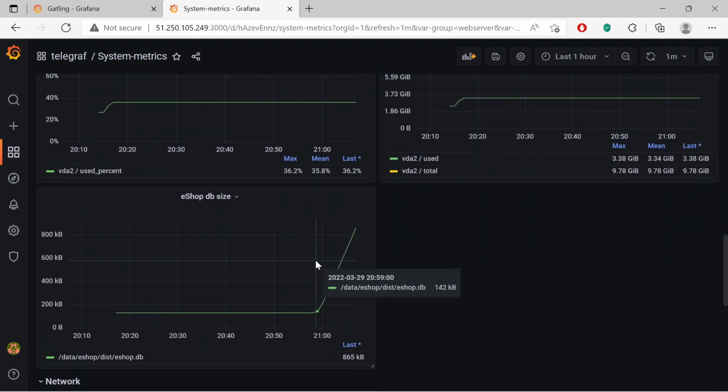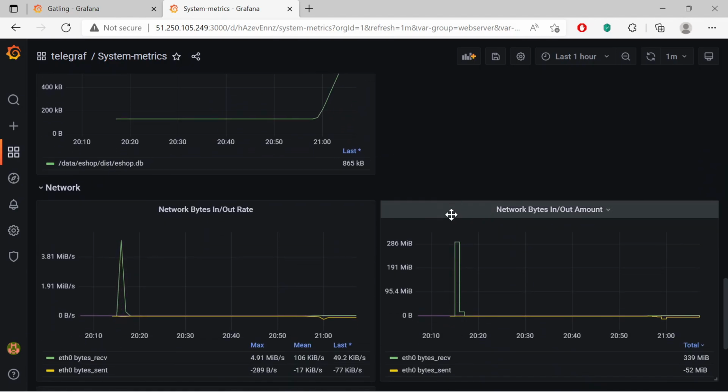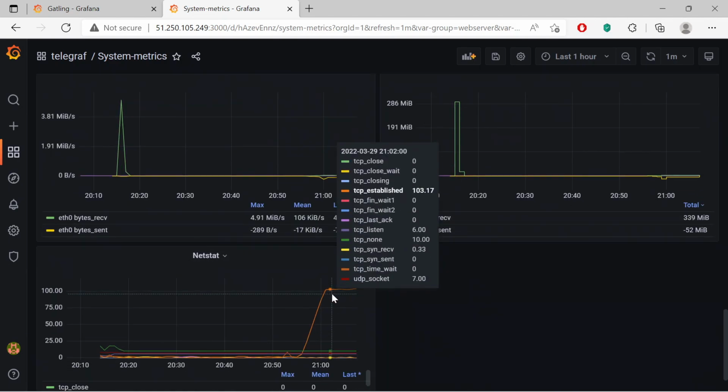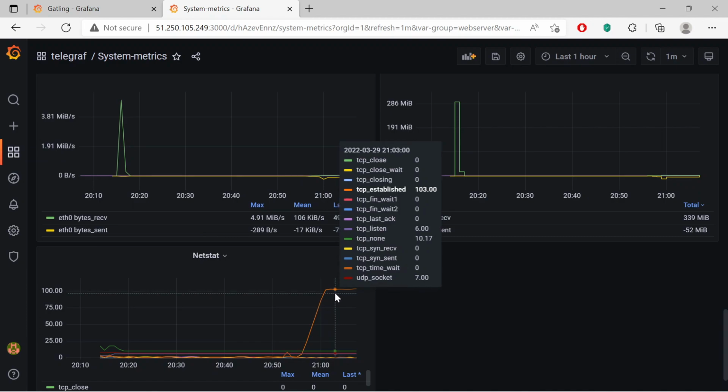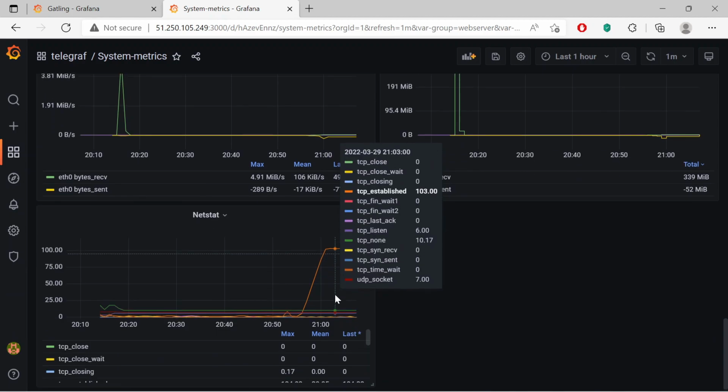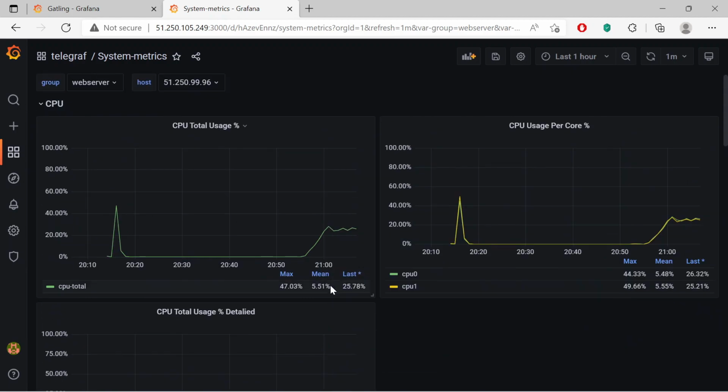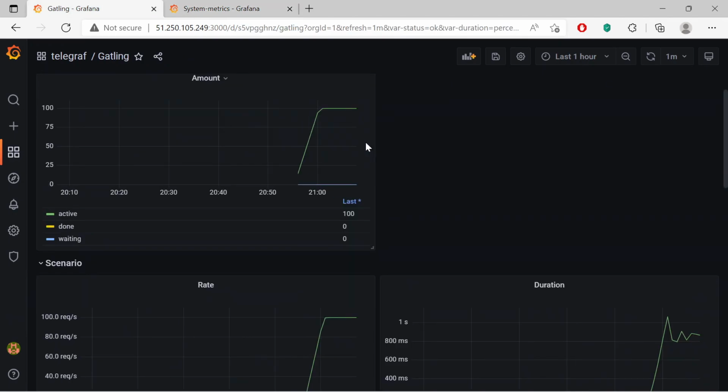You can see how the size of the database is increasing. And on the last graph, we see that 100 users have actually opened connections and are holding them. Now it remains to wait for the end of the test and look at the report that Gatling will provide.